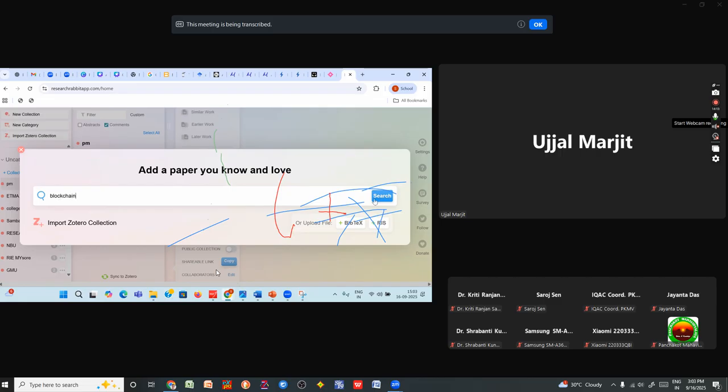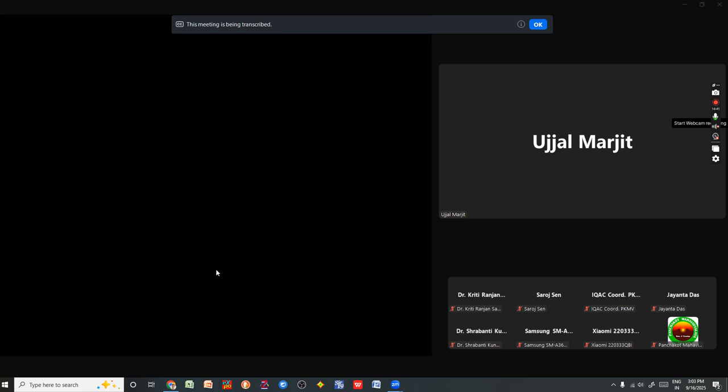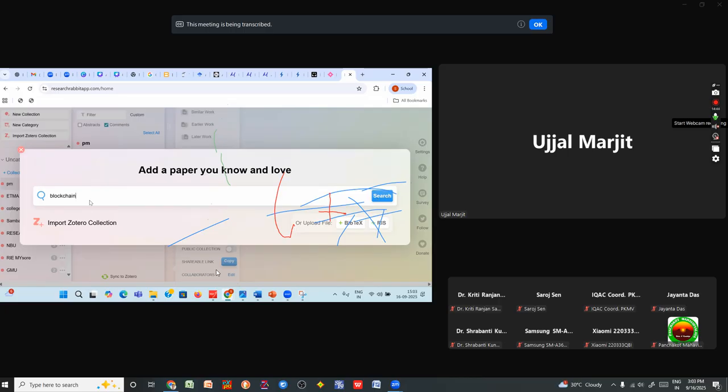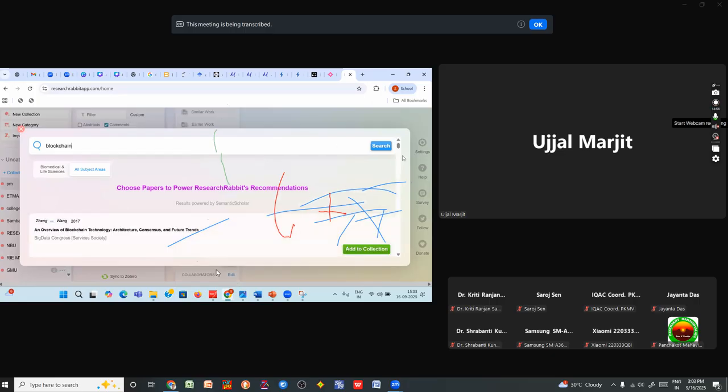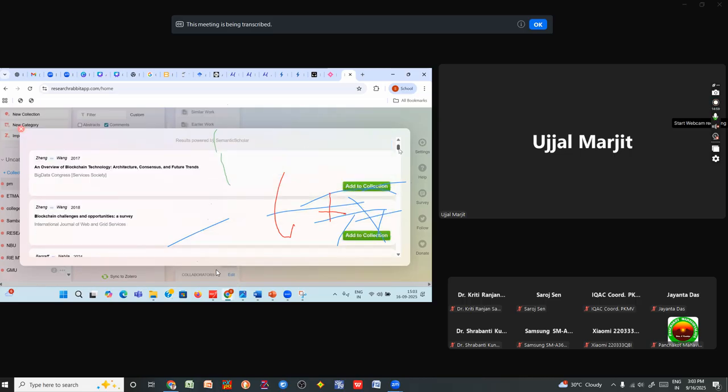Now click on search here. Once you click on search, it has a recommended system. Recommended system means when you use Google, once you type one word, it will show you various types of sentences or words. That is called the recommended system. So here I have typed in one keyword, that is blockchain, right? Now you click on search. Once you click on search, the recommended system will give you various types of papers